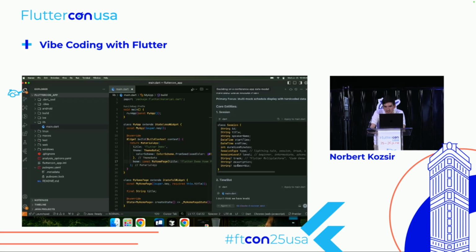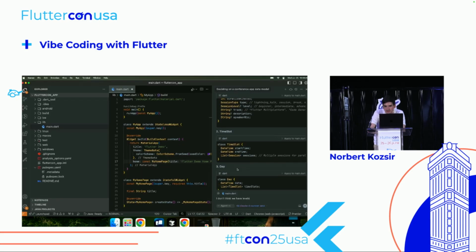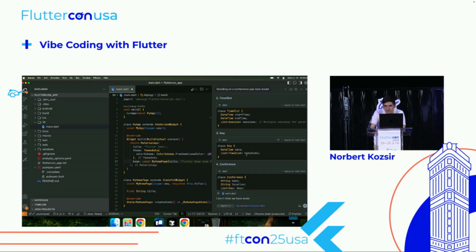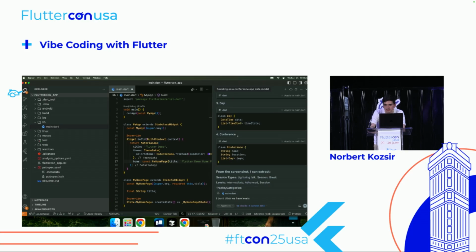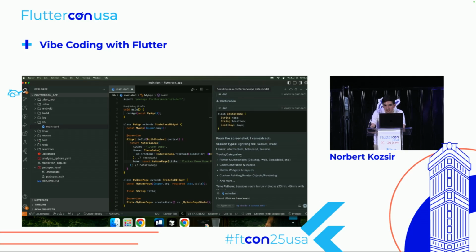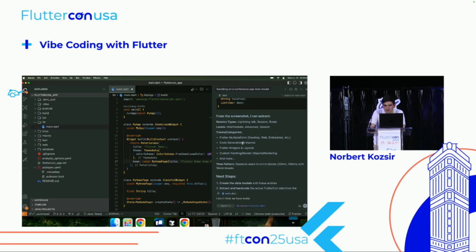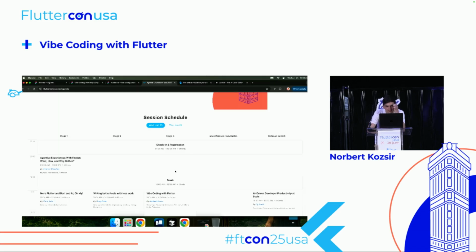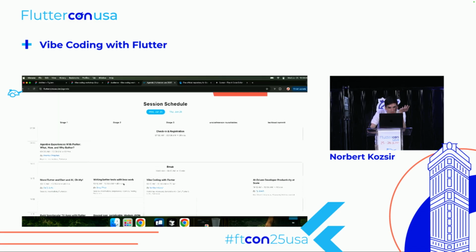We have description, speaker bio, time slot. That sounds good. Day. There's a bunch of time slots. Time slot has a list of sessions. Conference, list of days. Okay, it says it has levels. Maybe I'm missing something. Do we have levels? Oh, we do. There we go. Never mind, I was wrong.